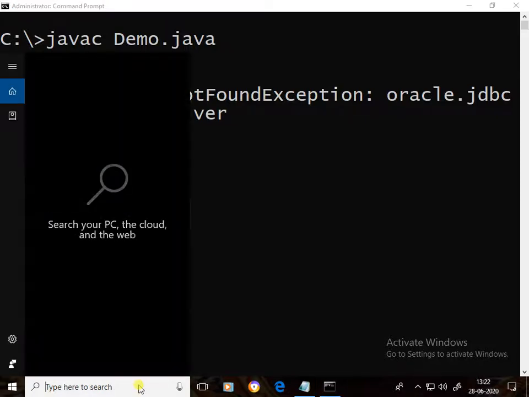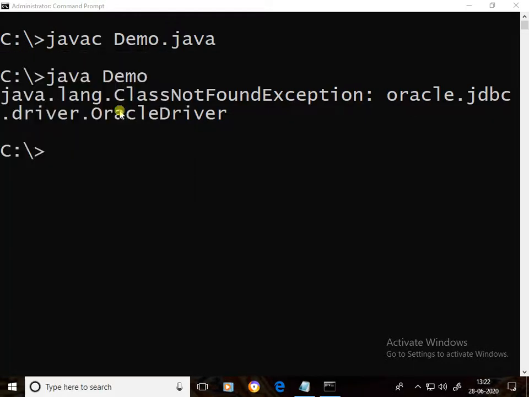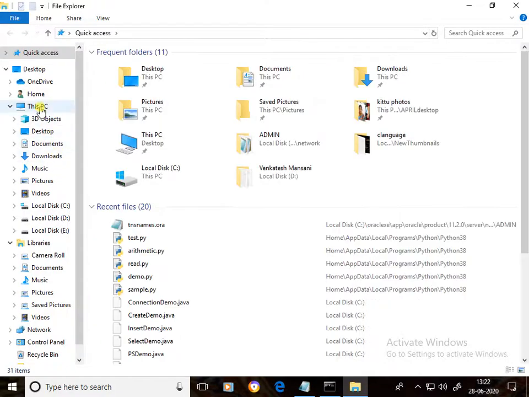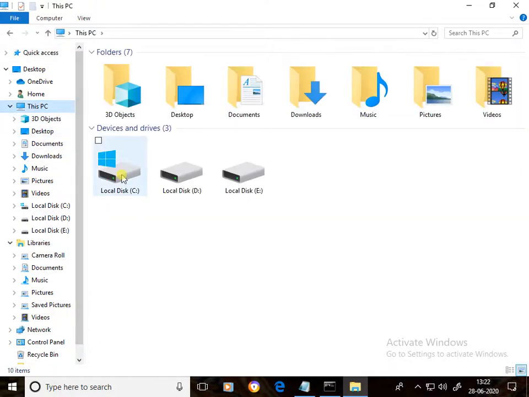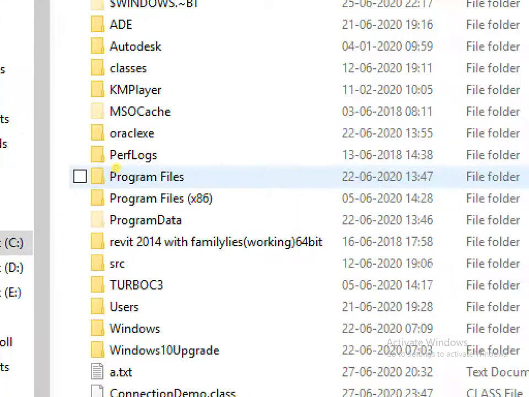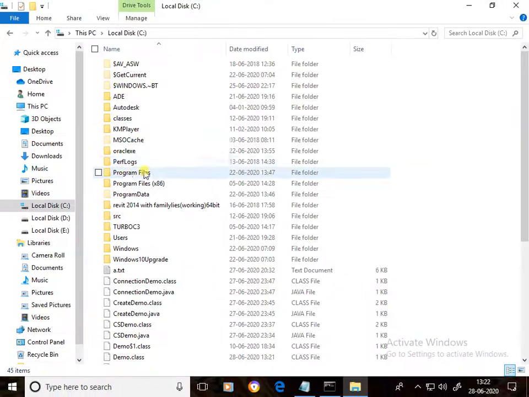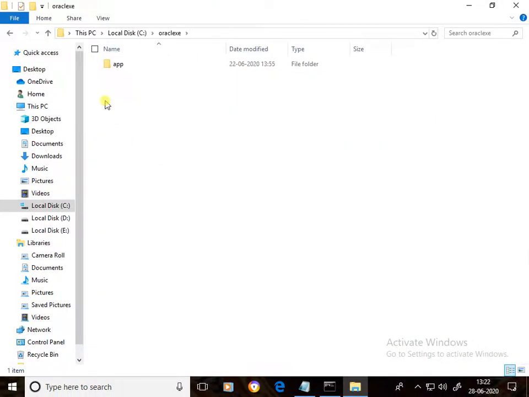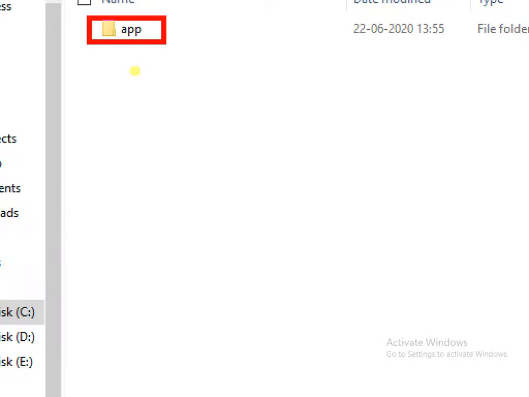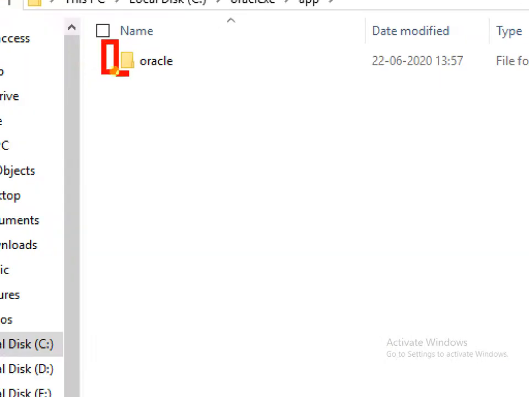Open the file explorer. Here, double click on C drive. Double click on Oracle XE. Double click on app. Double click on Oracle.